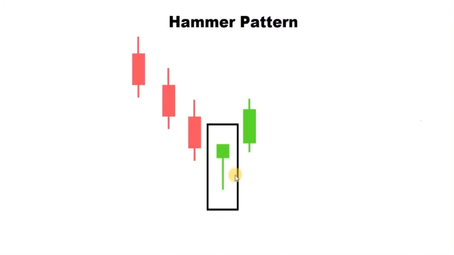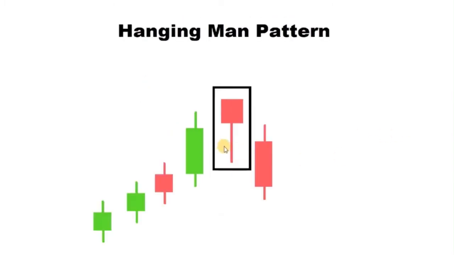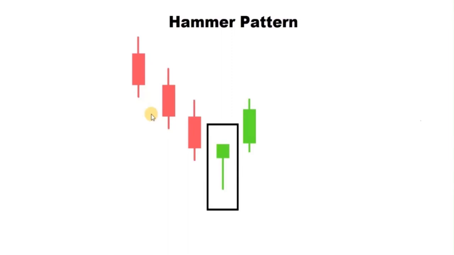The color of the body is not much important, but if we get a green colored candle in a downtrend, then it is a more important one. And if we get a red colored candle in an uptrend, then it has a lot of importance for us. Now both these candles are reversal candles. It means if we get this candle in an uptrend, then it is a hanging man candle, and this candle gives us a signal about the reversal or the correction in the prices. So we can assume that prices will go in a downward direction. And if we get this candle in a downtrend, we can assume that prices will bounce back and we can see an up move in the prices.